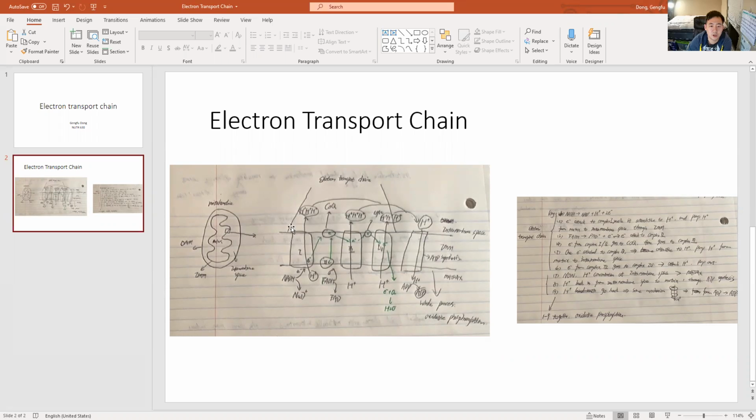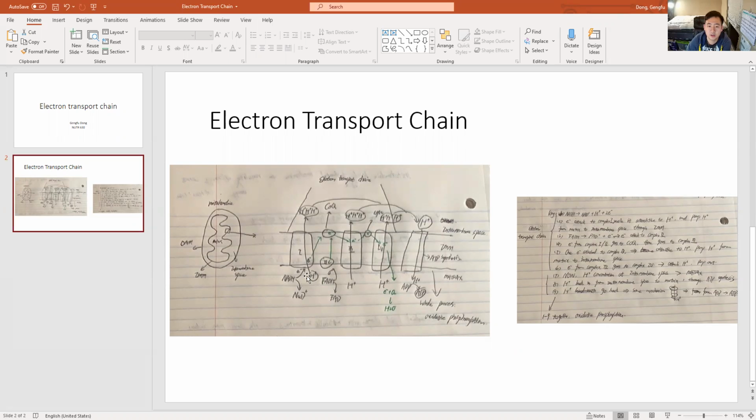I generated this graph by myself based on my understanding, so I'm going to introduce this based on my understanding. After the TCA cycle, many substrates are generated, including the NADH and the FADH right here. So the NADH will break into the NAD plus,